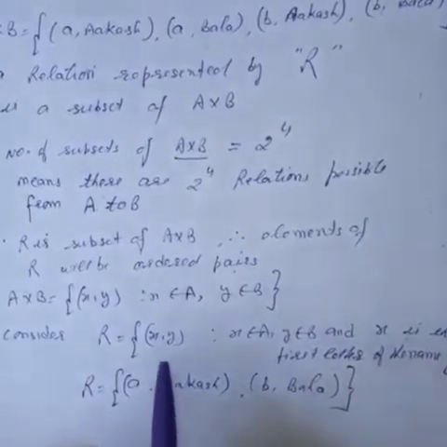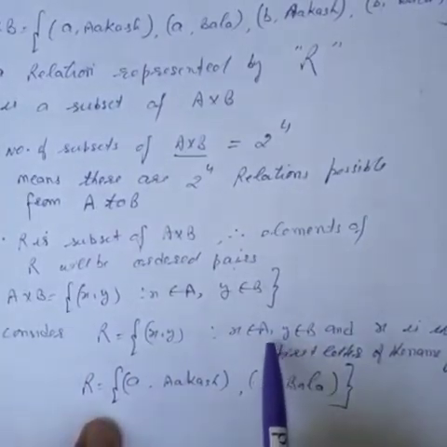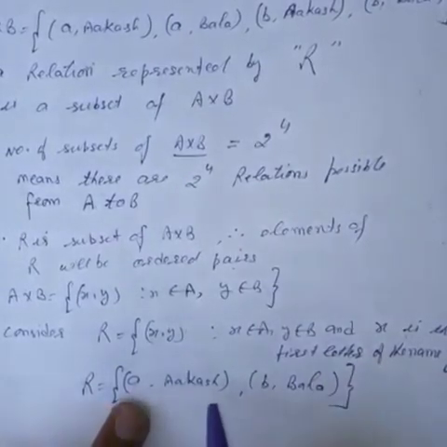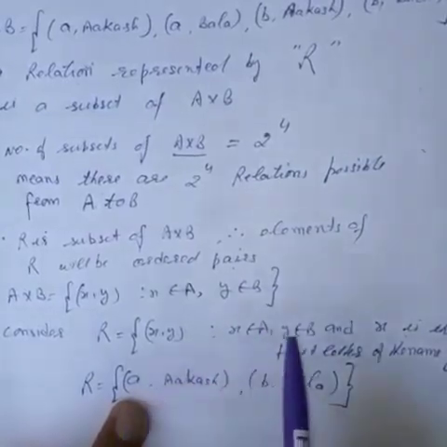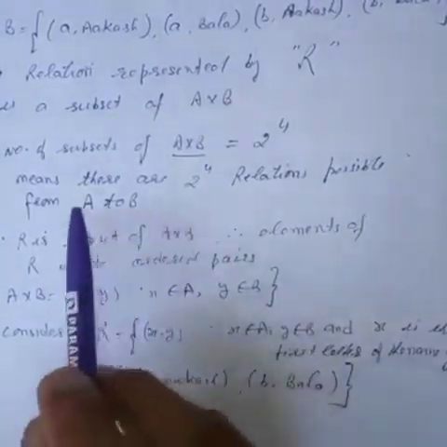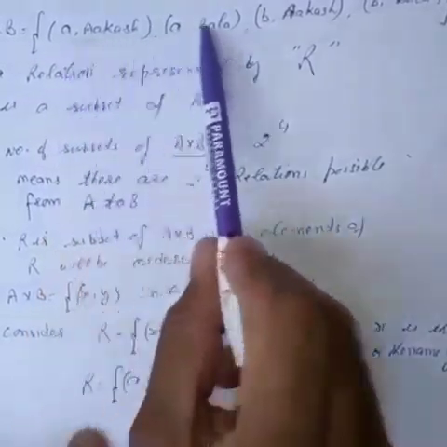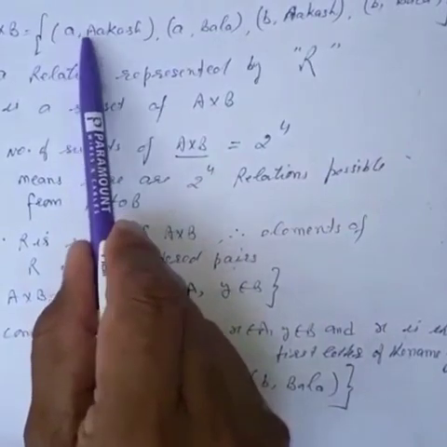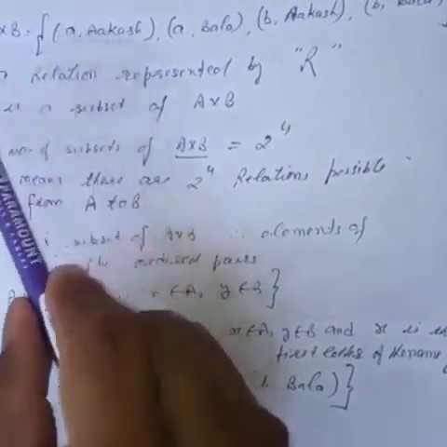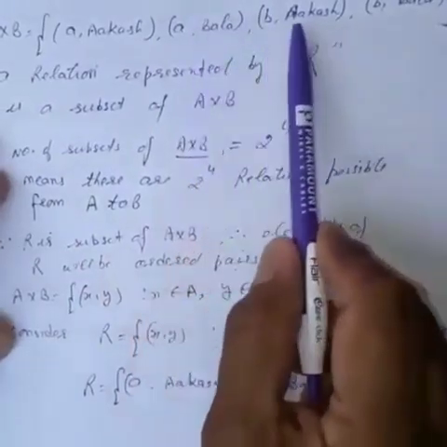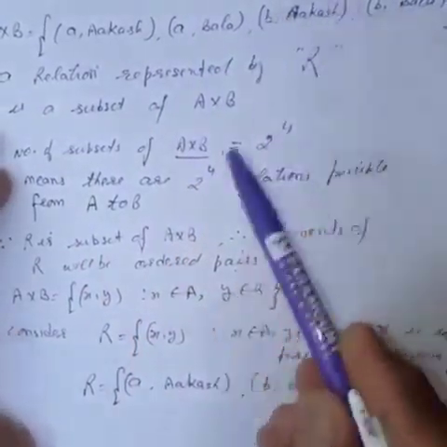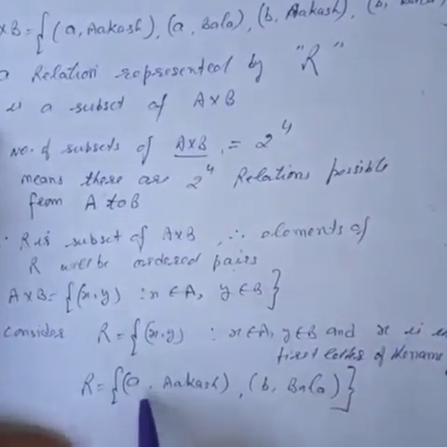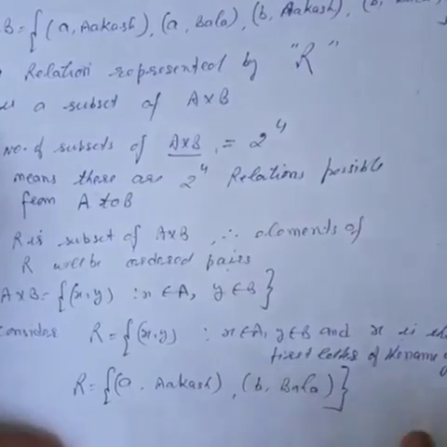So the name y. Now we have to write ordered pairs which satisfy this condition. It means the first should be the first letter of the name of the second. So it means out of these elements given in A cross B, we have to select elements like A and Akash, because A is the first letter of the name Akash. Similarly, this will not be selected. Similarly, B and Bala, so the two elements. So the R in roster form will contain these two elements, A, Akash, B and Bala. So the two elements only.